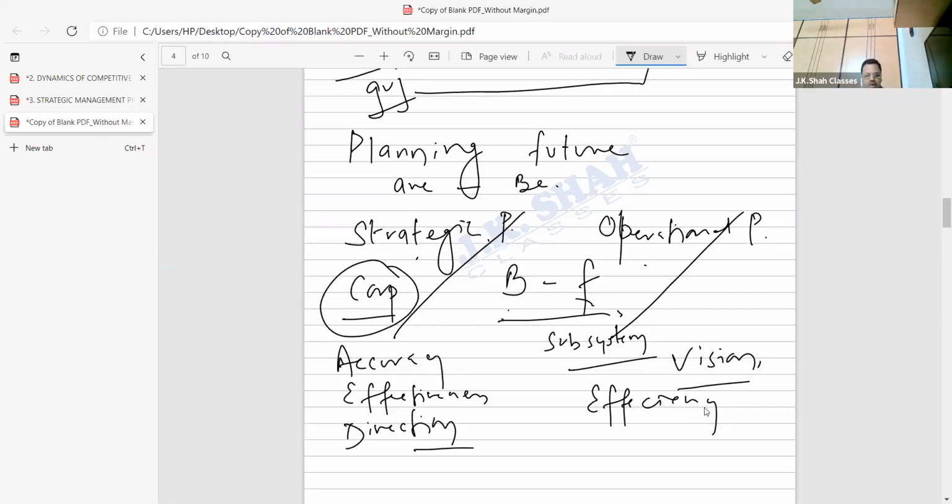I'm using the example of Ratan Tata because once he made a plan about Tata Nano, and that affected the company. It was not good going for the company. Why? Because these people were concerned with efficiency. They are implementing what Ratan Tata said. However efficient they may be, if the direction shown by the people at the corporate level is wrong, then how will you reach the destination? It's as simple as that. Right?